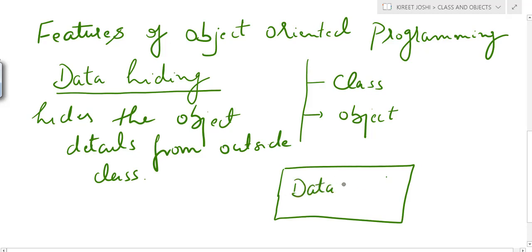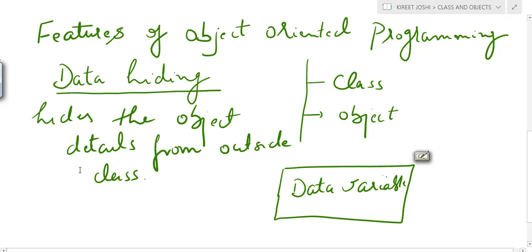All the data variables are a part of the object, because the object contains the information about the data variables. So the main aim of data hiding is to hide the internal details of the object, or to hide these data members from the outside world or from the outside function.